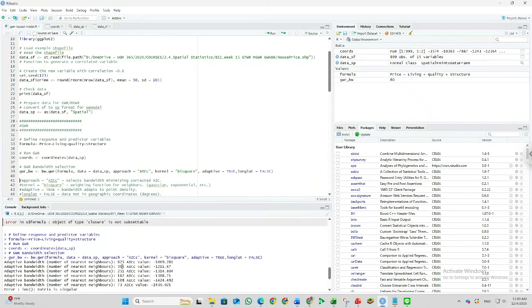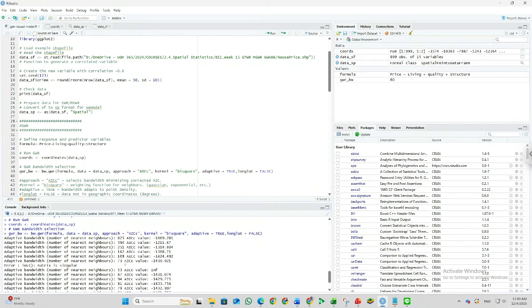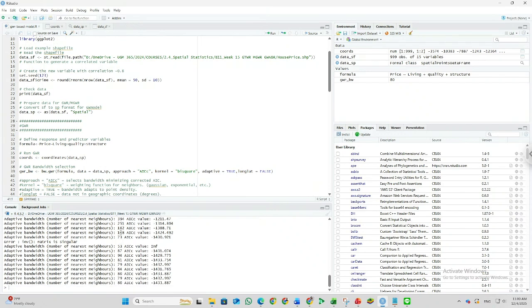We can see the bandwidth starts from a high bandwidth, and the AICc we get this value, and then we can see the iteration, and this is the best value of the bandwidth based on the bandwidth selection that we have run in RStudio, with the minimum AICc being this value.